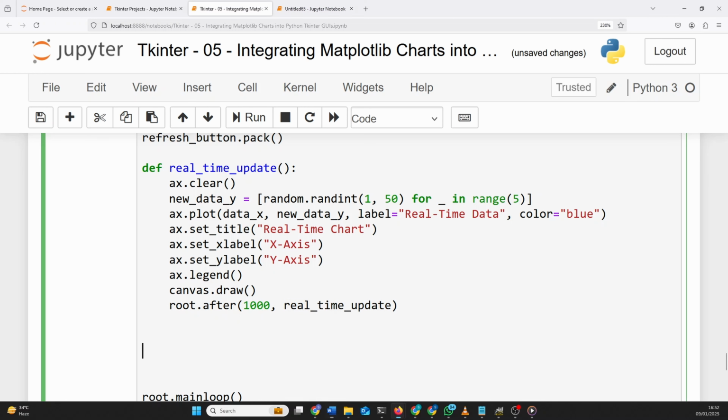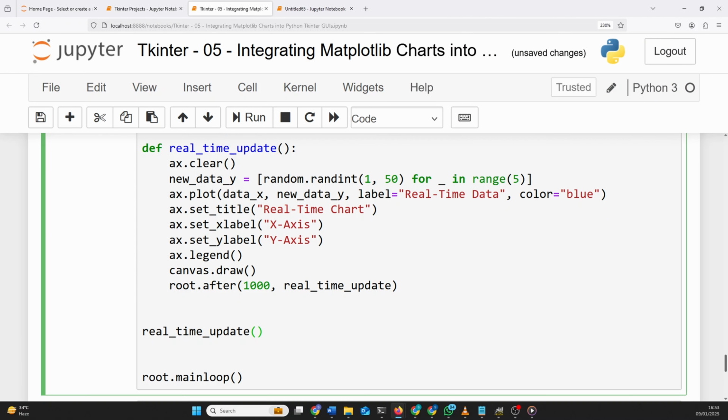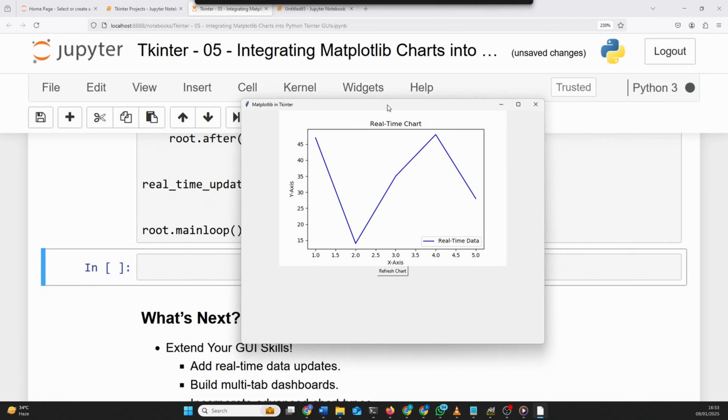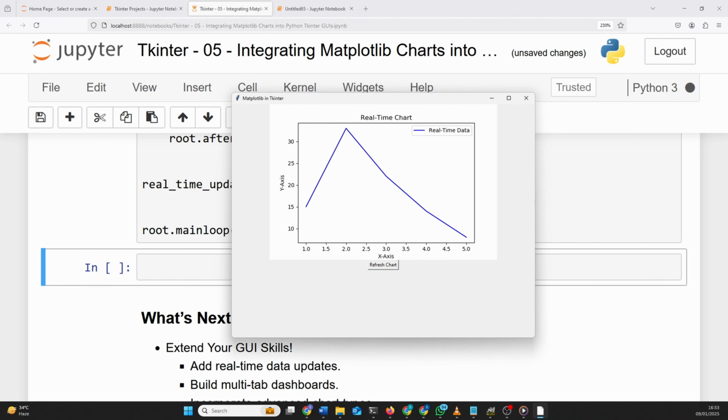Finally, we kick off the updates by calling the real_time_update function once. From here, the loop takes over and the chart refreshes every second. Running this code, the chart will start with a blank canvas. Every second, new random data will be generated and plotted, and the chart will dynamically update, giving the appearance of